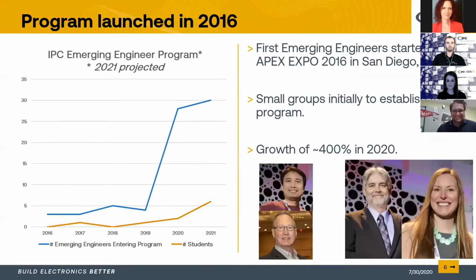So we launched the Emerging Engineer Program in 2016. We started out very, very small. We don't see Tayler here. Tayler joined us, I believe, the year after. And so we started out with 3 emerging engineers in the first group, 2 finished, 1 moved on to a different career. And in 2019,